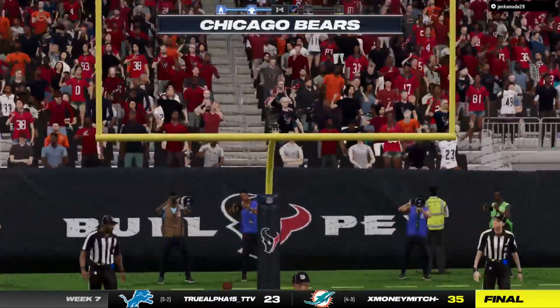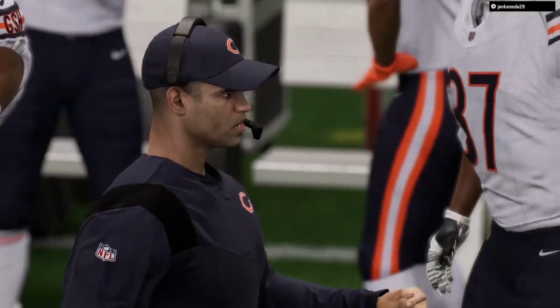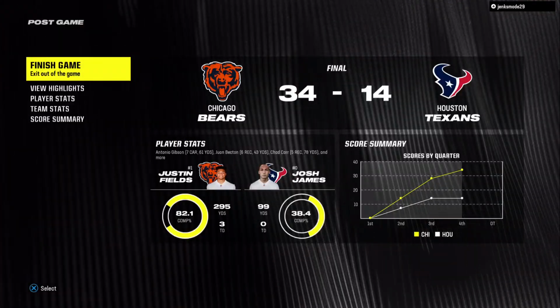And the kick is good. So you wonder how this one might be remembered the next time these two teams meet. But until then, this game's over. So it's the Bears who come away with a victory, and that's thanks largely